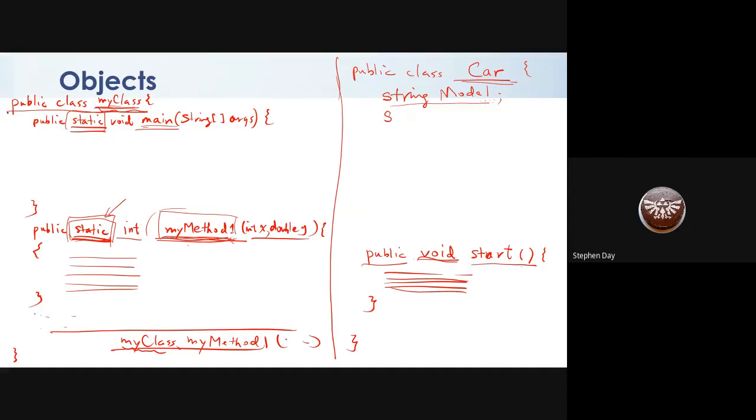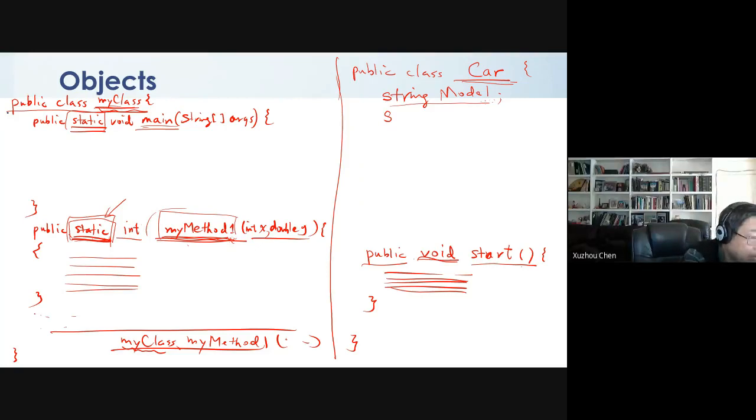Okay, let me actually say it again. So in this class, we're going to talk about Java. How can we use Java to create objects? In all the Java programs we have talked about so far, we know that we need to define a class